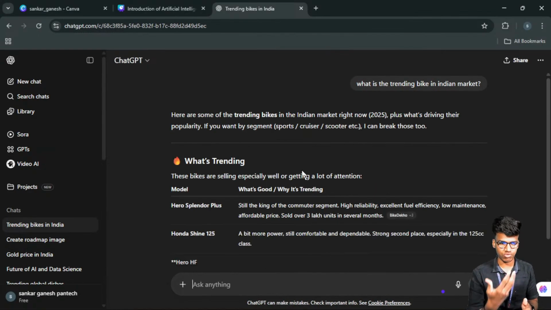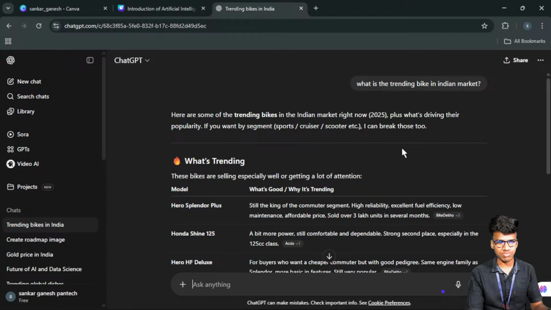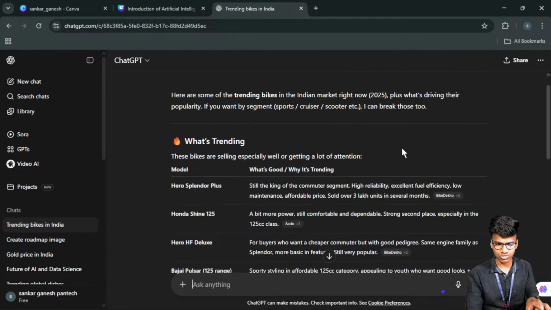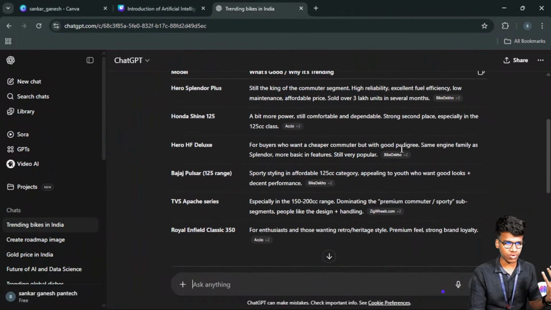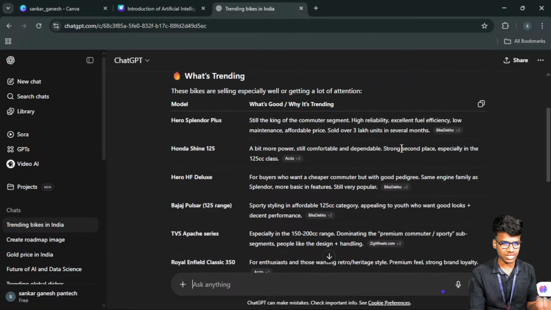Just as an example, I am asking this. The ChatGPT model provided recent 2025 suggestions like Hero Splendor Plus, Honda Shine, Hero HF Deluxe, Bajaj Pulsar 125, TVS Apache series and Royal Enfield Classic. These are the trending models, and it also answers why each is good and why it is trending.